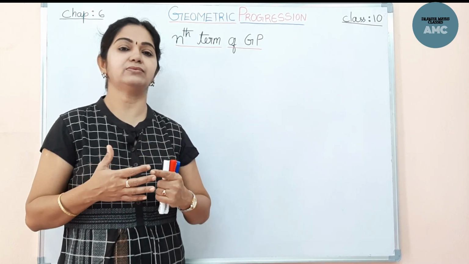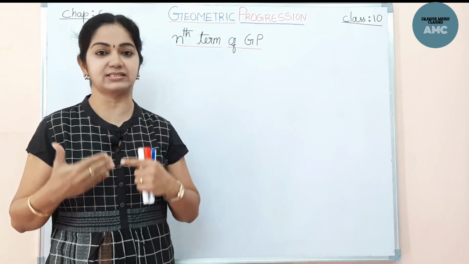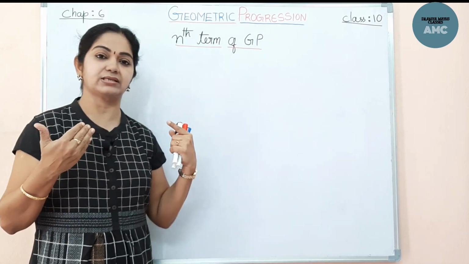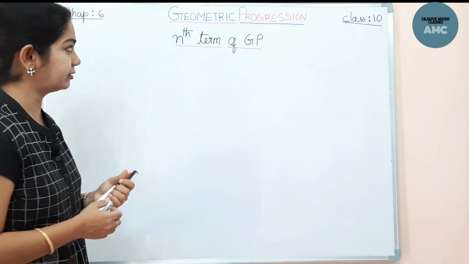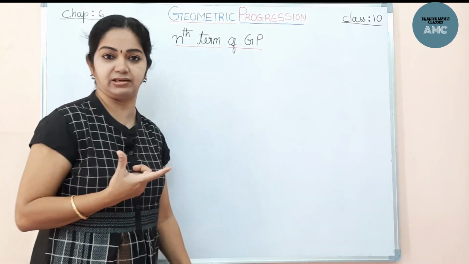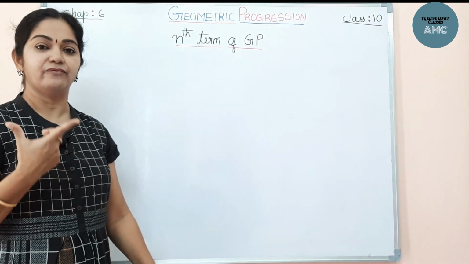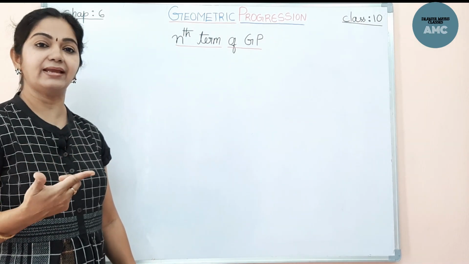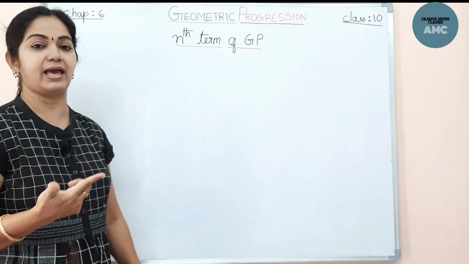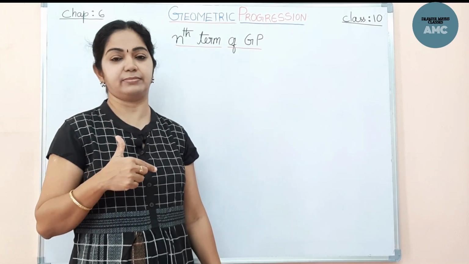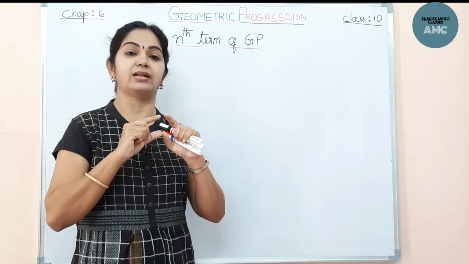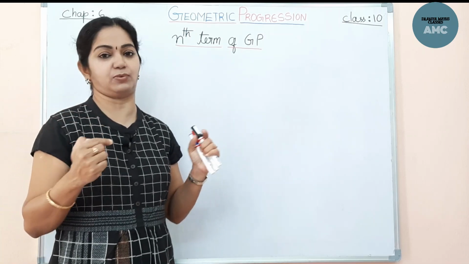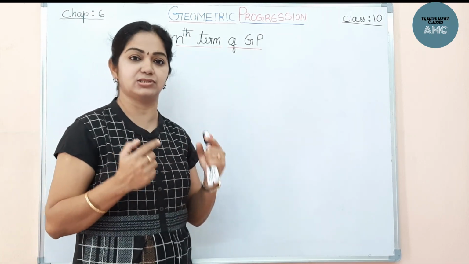Yesterday, in the previous class, we were discussing what a progression is, and what an AP and GP are. Let us recall. A progression is a series or a list of numbers where the next number is obtained by adding or multiplying another number to the previous number. So there is a list of numbers formed which has a specific sequence. That is a progression, just a list of numbers.